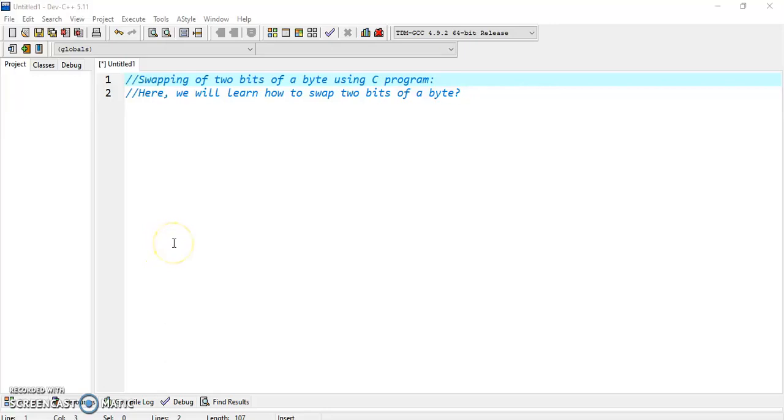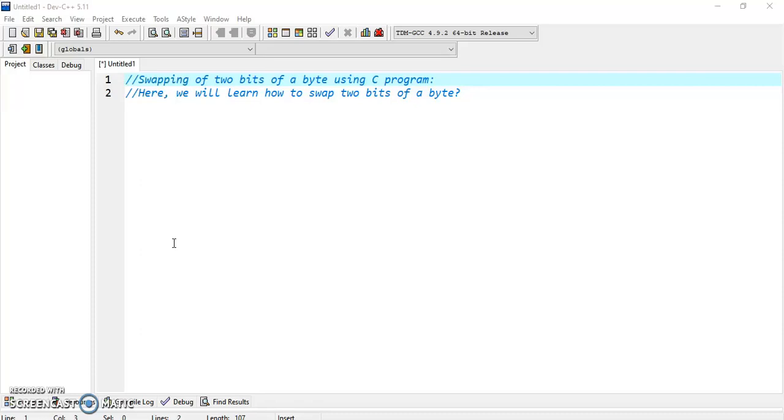In this program we declared an unsigned char type variable to read 8-bit numbers, means 1 byte, and we are swapping two bits 1 and 2 of some numbers. Let's take an example where we take an input number in hexadecimal like 0x0a, 0x0b.